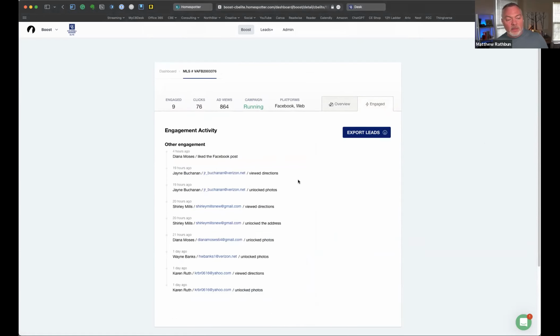Notice here, you can see a name and an email address for every person who's actually taken action on social. You may not have known this, but when you sign up for Facebook or Instagram, you are giving them permission to provide your name and email address to marketing entities. And so everyone on Facebook or Instagram or Waze app or the website or anybody who clicked on the ad goes there, and you can see that information. If you click on export leads,